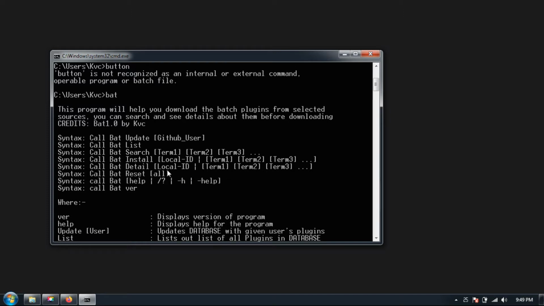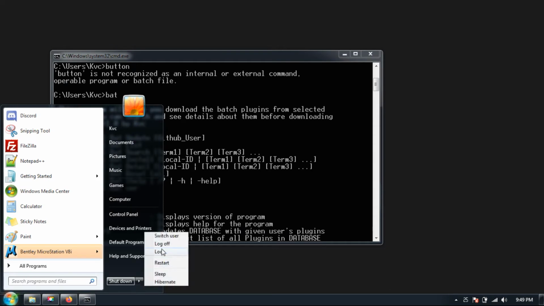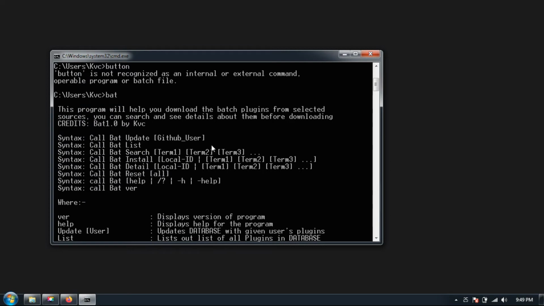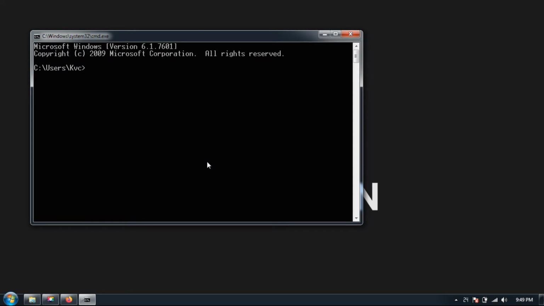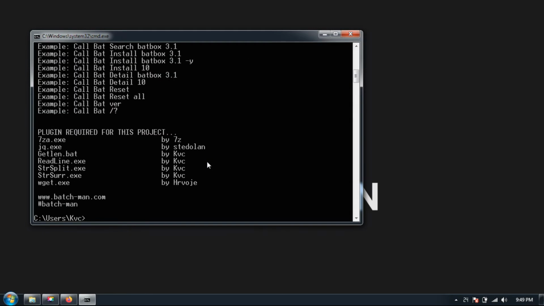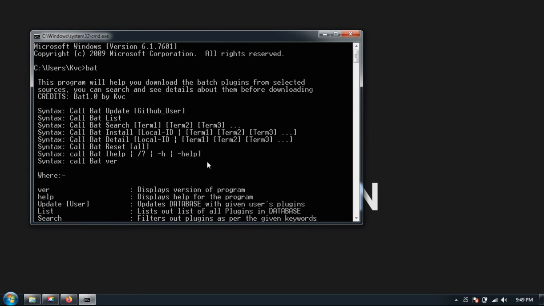For some reason, if it is not getting recognized, I will recommend you to just click here and click on log off and then log in back again, and everything will be working fine. Then if you close this, and suppose I am logged in now, if I open CMD and write bat, awesome, I have a new command in my system